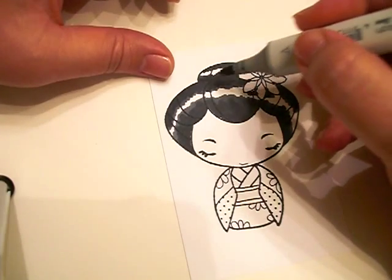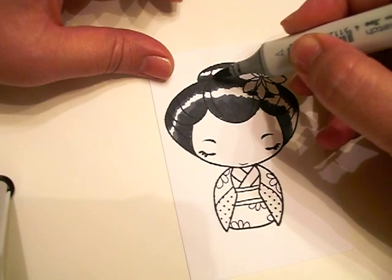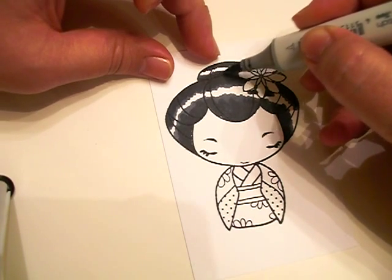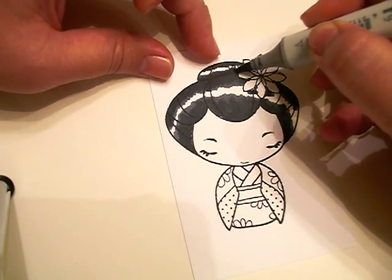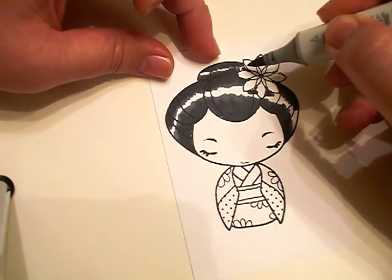And you want to take the C7 and start from where you colored in the C9 and lift up. And that's how you kind of blend. You kind of take that darker color with you. I think that's how it goes. And